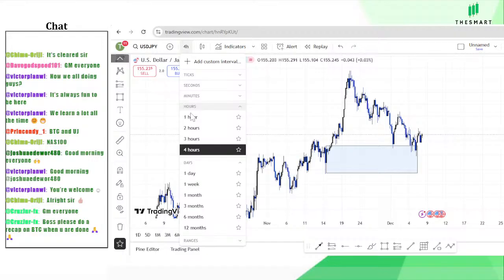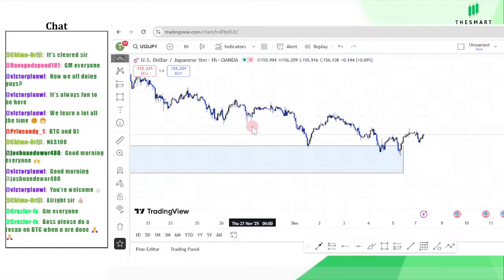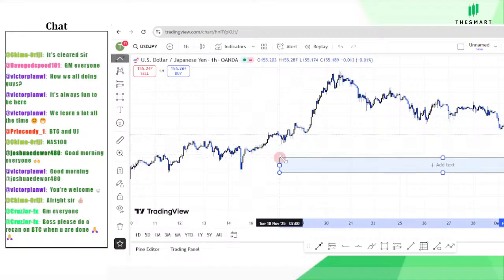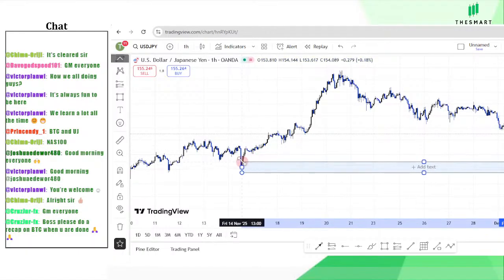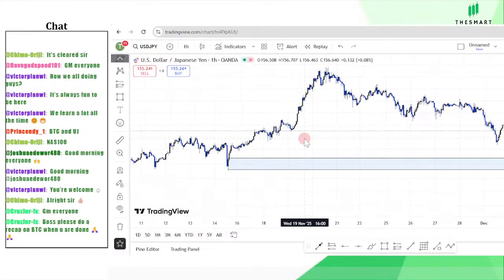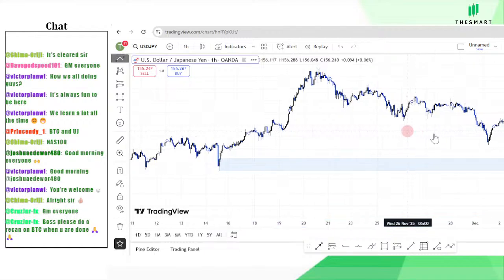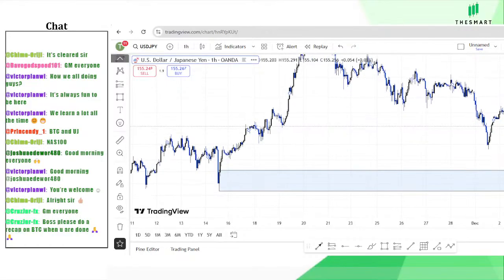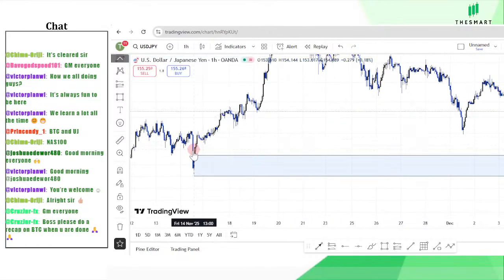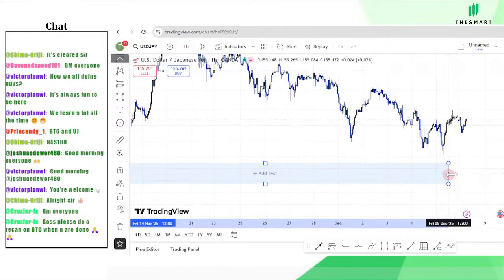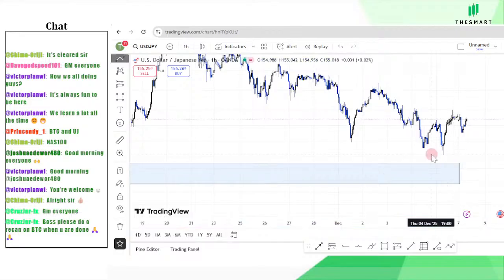but let's go to our entry time frame on 1 hour. So let's refine this zone to the 1 hour. So this is what we have on the 1 hour. Now, if you look at this 1 hour, we have this fair value gap at this point. On the 1 hour, I want to see price drop till this point,